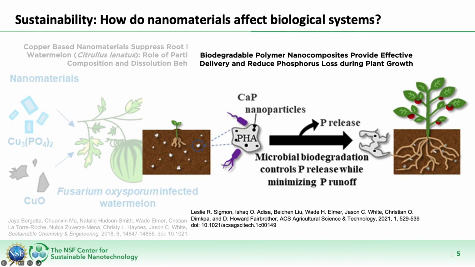So one big problem in agriculture is that you usually have to dump a lot of extra, in this case, phosphorus, in order for the plant to get what it needs. And that excess can get washed off and cause pollution from the runoff. So by embedding this particular nutrient in a biodegradable polymer that would slowly release it on the nanoscale, it actually helps the plants get the nutrients they need, and it uses way less material, and that can help reduce pollution and waste.